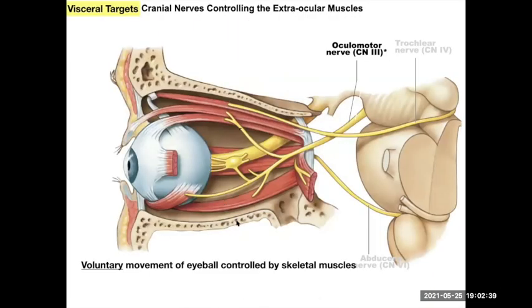All right, so let's look at this oculomotor. First off, remember the oculomotor neuron I said was controlling the skeletal muscles of your eye, along with your trochlear and your abducens. Those are making the eyeball go up, down, sideways, all that. So your oculomotor neuron came out of the brainstem, and its nerves stimulated your skeletal muscles to voluntarily move your eyeball. That was one of its functions, extraocular eye muscles.